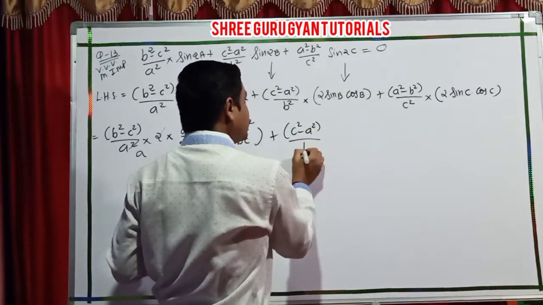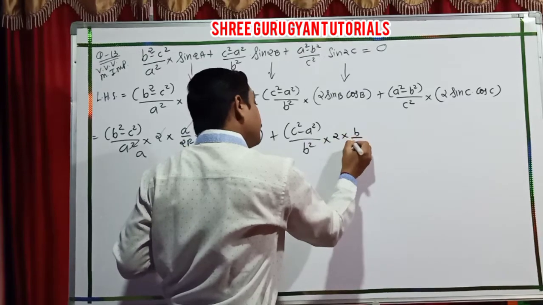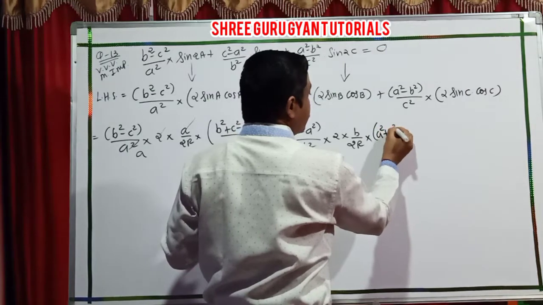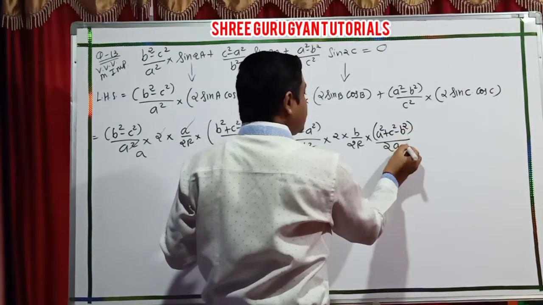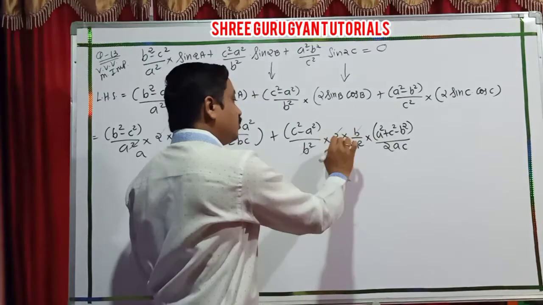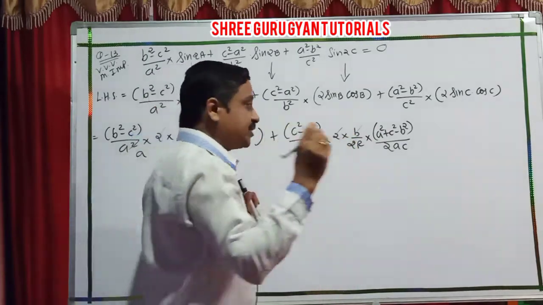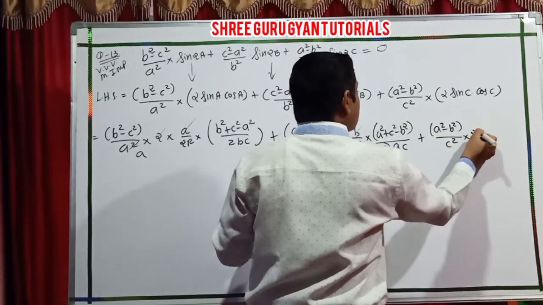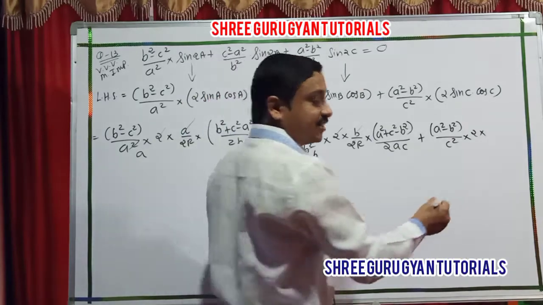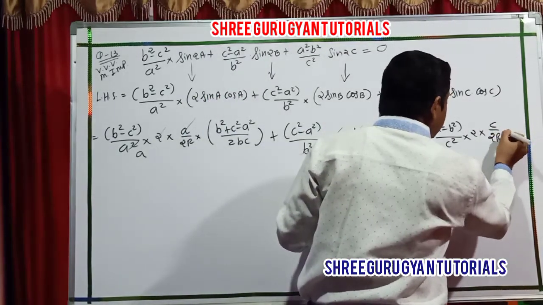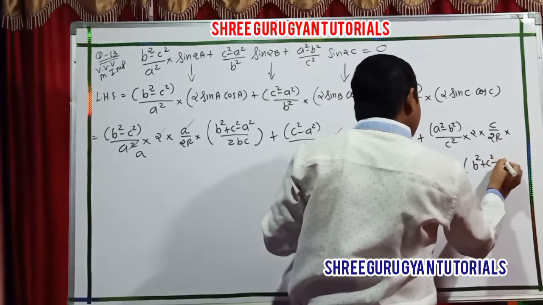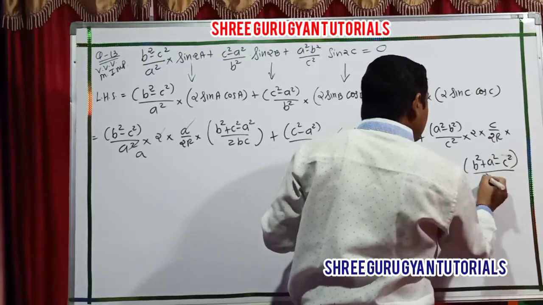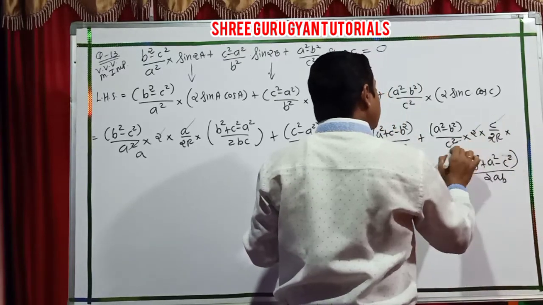Similarly students, here I am going to B by 2R and cos B, which is A square plus C square minus B square upon 2AC. Again B and B gone. 1, 1, 2, 2 gone, and here B pending. And the last one, A square minus B square by C square. Now what is the sin C? Yes, it is C by 2R. And cos C is again B square plus A square minus C square upon 2AB. Here also 2 cancel and 1, 1, C C cancel.